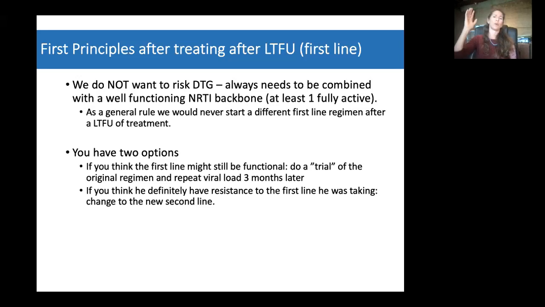His viral load was always suppressed. He was obviously never taking his treatment. And then you're rather going to put him straight on the new second line. And remember, we like the new second line: not that many tablets, nice and tough. So it depends a little bit on what happened before the patient defaulted that'll make you decide what you're going